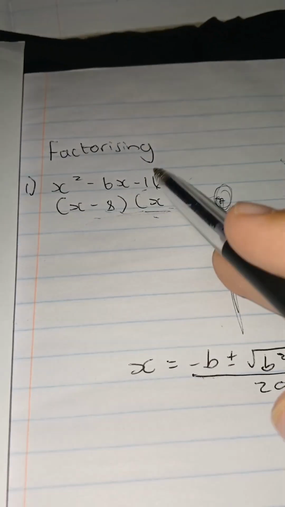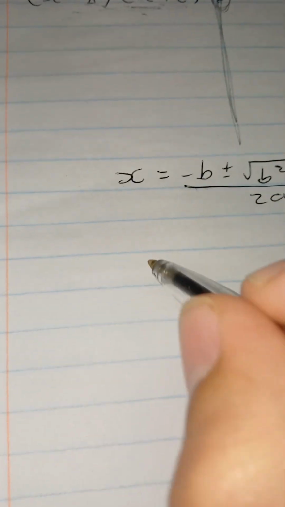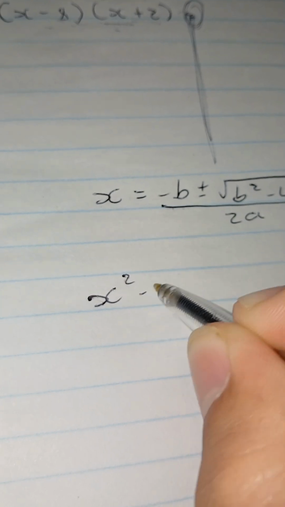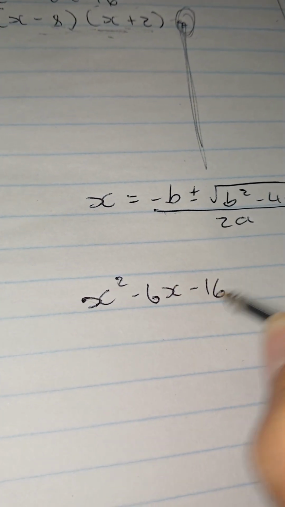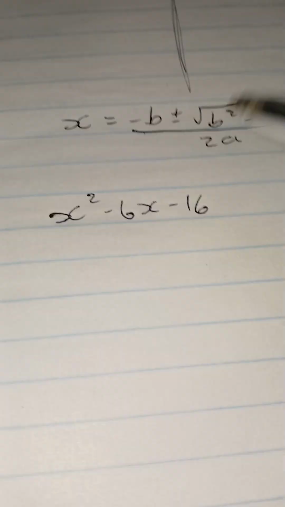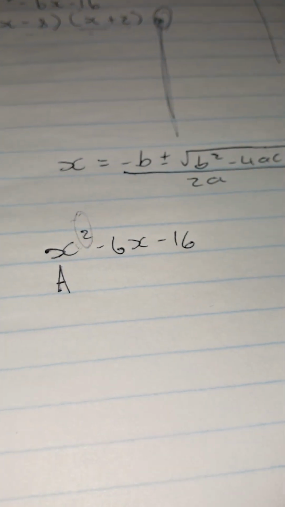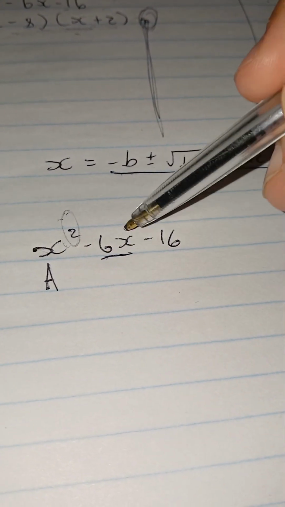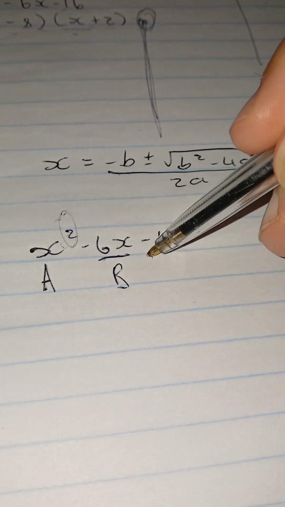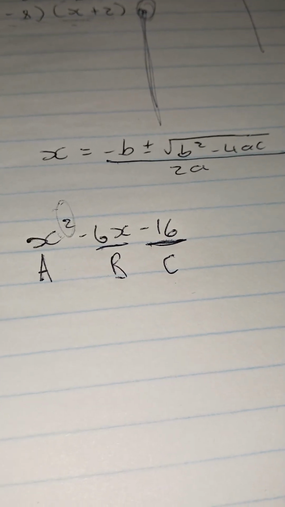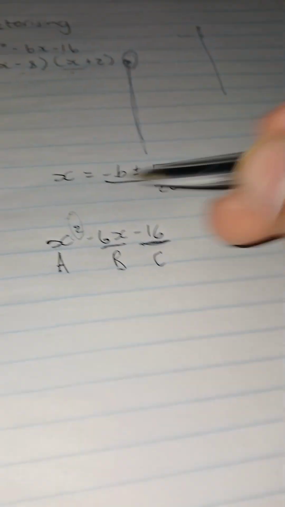It's literally, you can use it for this. So let me teach you. We have, let's give you another sum, 6x minus 16. Everything that has a squared on it, that is your a. Everything that has just a variable, so just x, that is your b, and then just the number is your c. With this information, you'll put it in your quadratic formula, which is x equals negative,